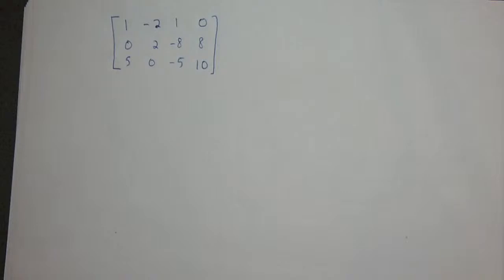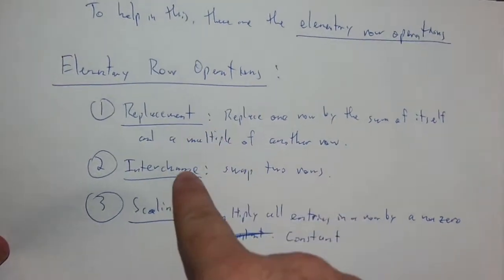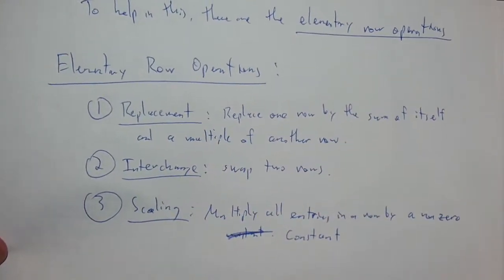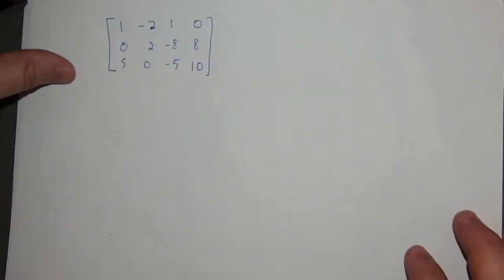So we have three elementary row operations we're allowed to do: replacement, interchange or swapping, and scaling. These are the three things I'm allowed to do. Now, why are these the only three things I'm allowed to do, and what is the purpose of any of this? So before I begin, maybe I should say, on a different sheet before we start working here,